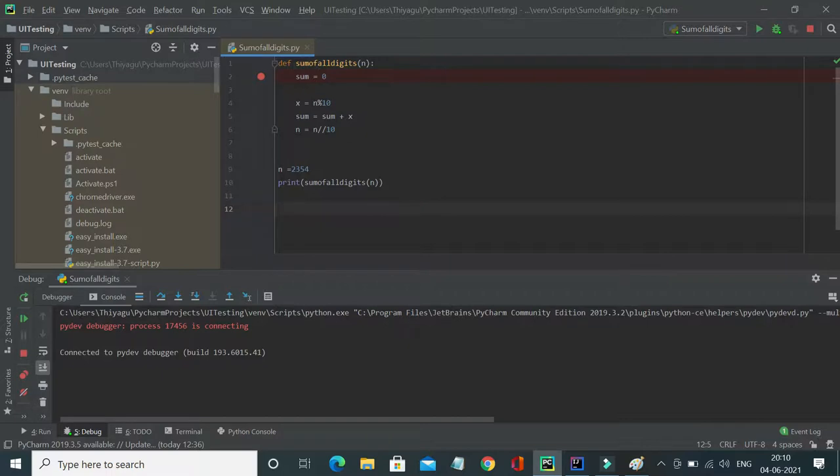So for example 2354, now you perform a modulo of 10. The remainder will be 4, but you want to carry forward the quotient 235 into your next iteration, next step, right? So how is this quotient carried to the next operation? It is using this particular